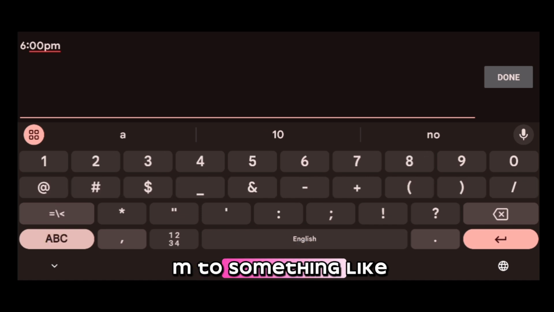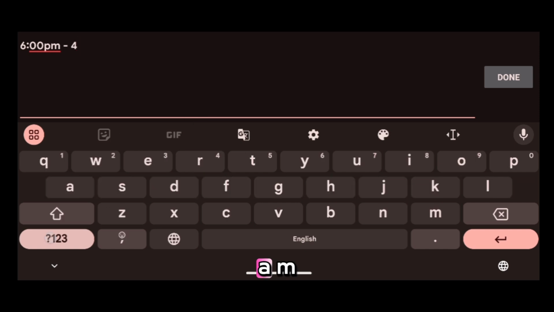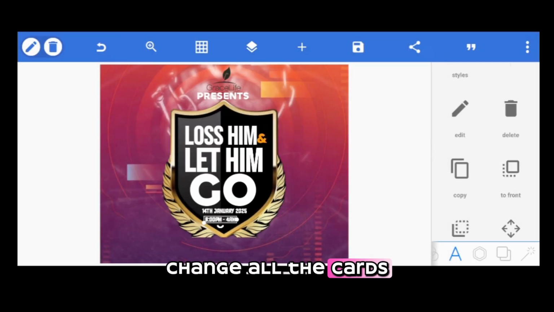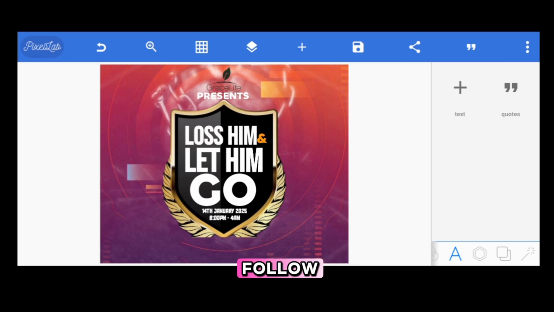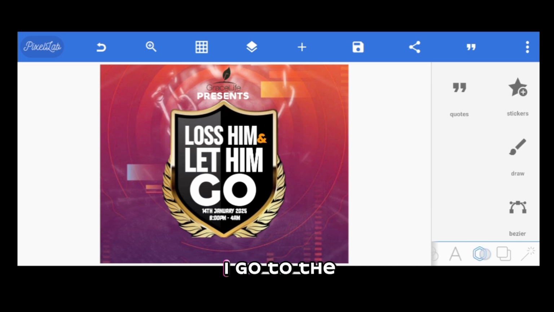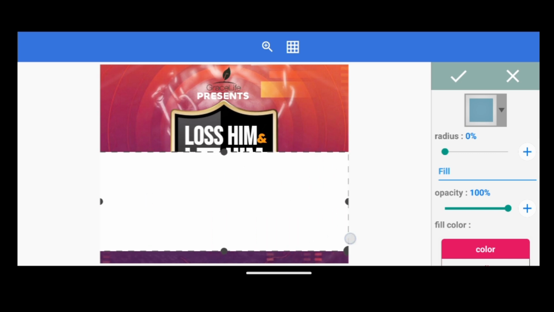To something like 4 a.m. Okay, so change all to caps and then you position it nicely there. And then the rest of the details should follow, such as the date, time, and the details. Yes. Then when I'm done, I go into the shape side and then pick a nice